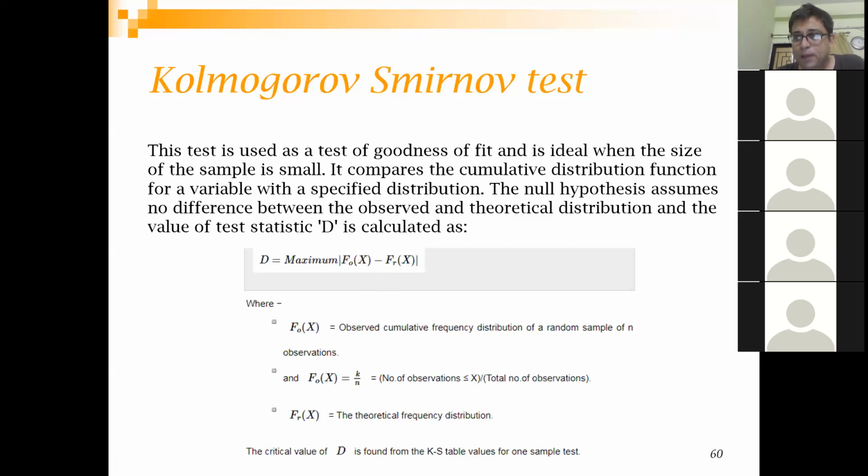Okay. So for each point, I find FO(x) and FR(x), and then I take the maximum of the differences. That gives me a value which I call D. Now I take this value D to the KS table, and I find out what it tells. Basically, this D value, with these tables, tells you whether you will accept that this comes from your theoretical distribution or not. That's how it works, and it is a kind of hypothesis testing, which we'll see again in our next chapter.